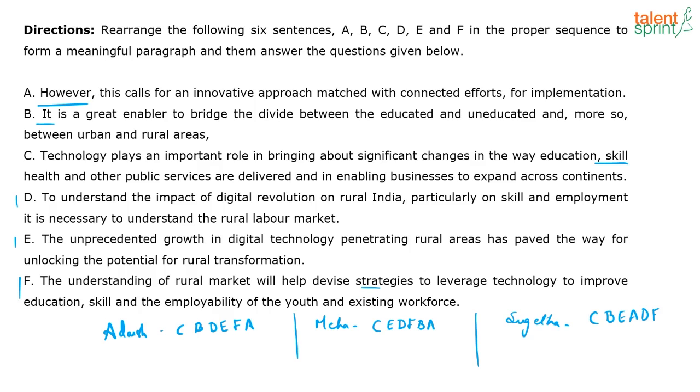F is almost giving you some sort of a practical solution, right? Will help devise strategies to do whatever. And in order to do that, you have to understand the rural market. In fact, understanding the rural market is a repeat phrase, right? D introduces understanding the rural market. And once you do that, what's going to happen is what F is saying. So even before figuring out what the topic sentence is, I can safely say that DF is